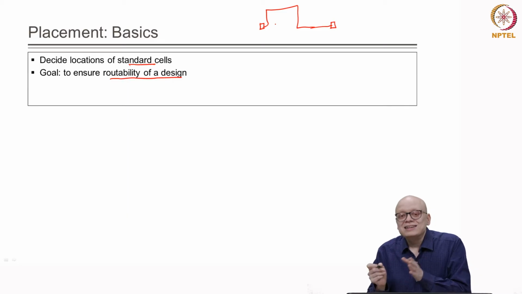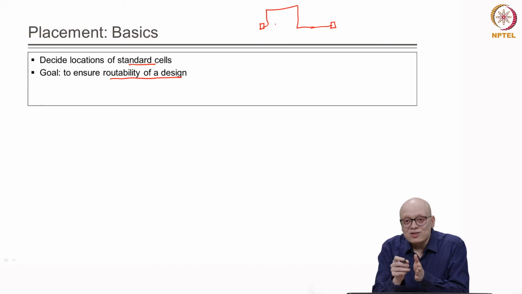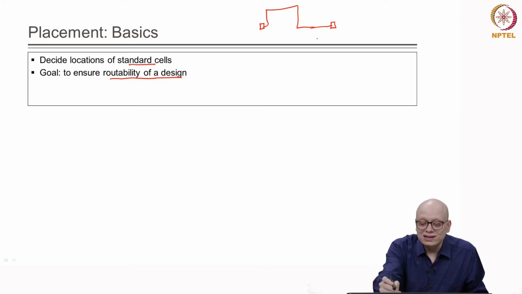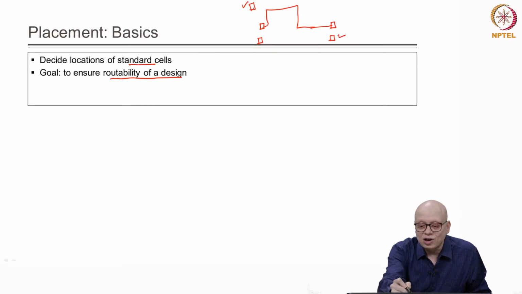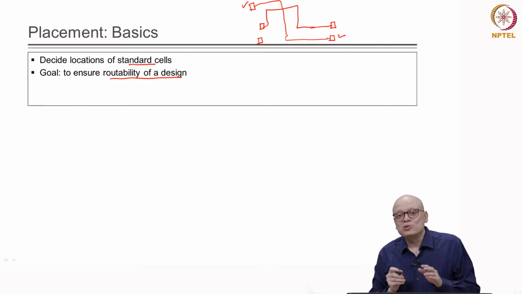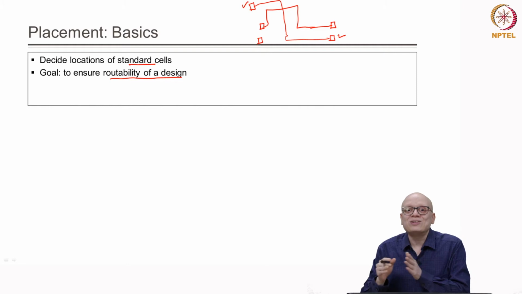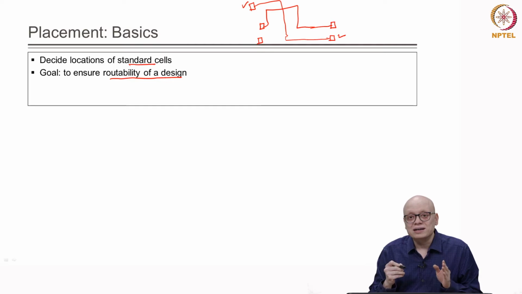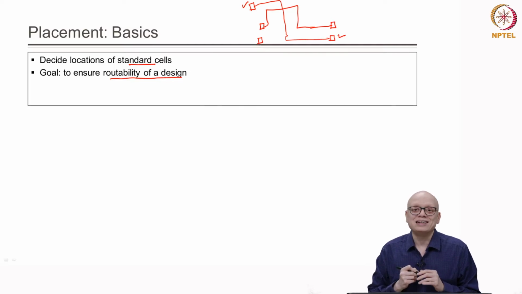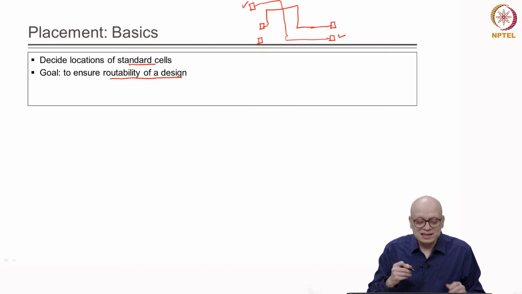And once the wire is laid out between two entities, then the routing of the next wire becomes difficult. For example, suppose these two were the cells, this cell and this cell, and we want to connect them, right. Now, we cannot connect them through this path because it can lead to shorting, right. So, routing of one net affects the routing of other nets also, right, and therefore assessing the routability of a design is a challenging problem. So, as an alternative, what does